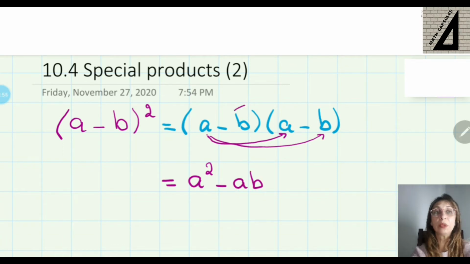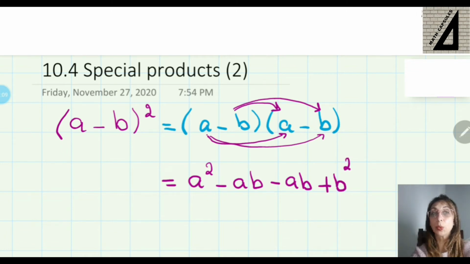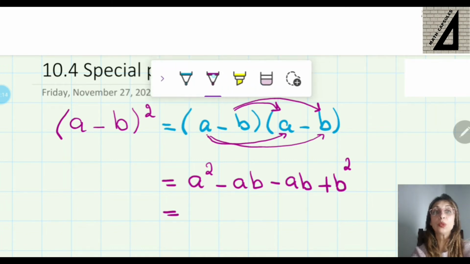Also, the negative b will be multiplied by a and by negative b. This will be negative another ab, or ba is the same, and negative b times negative b will be positive b squared. When you combine like terms, we have only two like terms here, which are negative ab and negative ab, which gives me